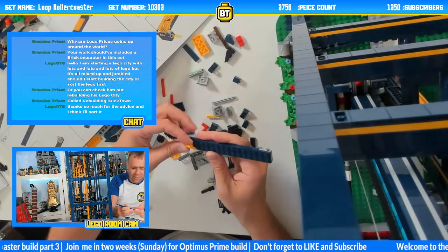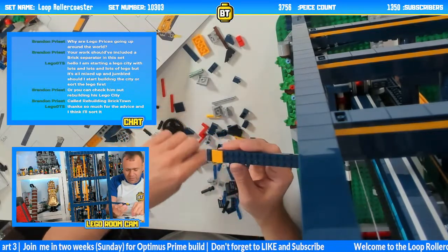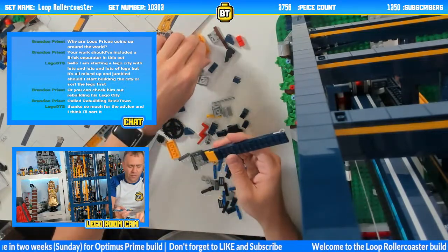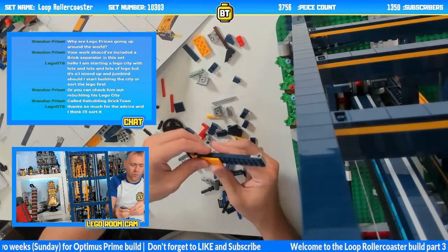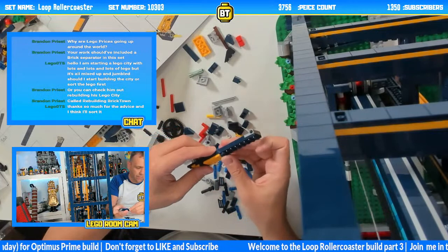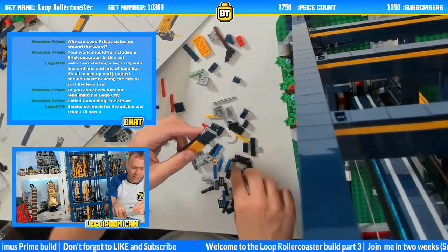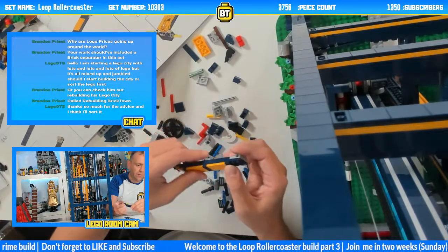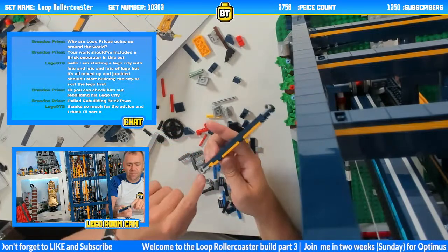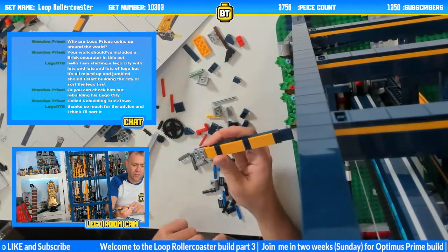On the 4-stud overlap we get a 2x2 curved tile. We'll then stick a grill piece, a 2x4 yellow tile, another grill piece, another 2x4 tile, and another grill piece. So it goes in there. We then have some more loop pieces downward facing. They go onto the 2 studs that are left at the end,